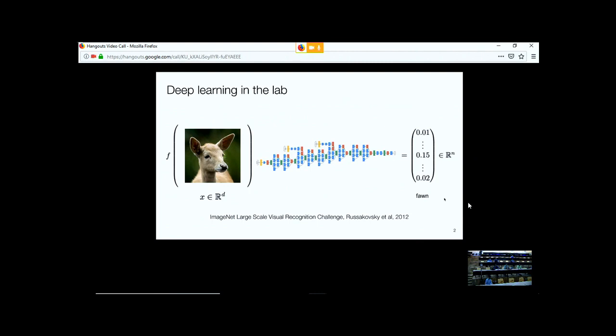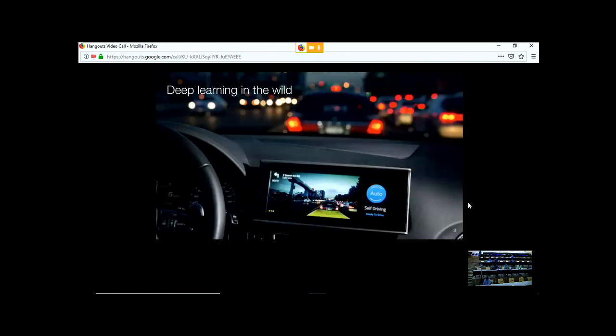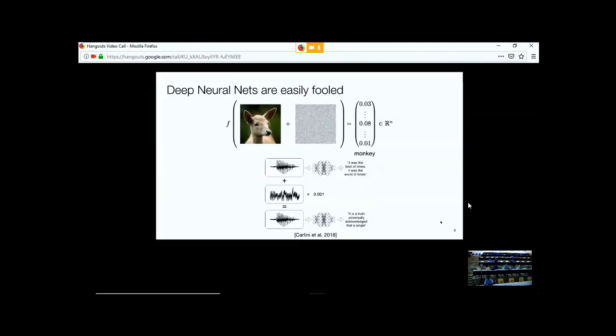Okay, so this was a very common, very simple application of deep learning. But obviously, in the real world, it's much more complicated, right? If we want to apply deep learning to self-driving cars, for instance, and we want to recognize objects in images, then things are not as nice and isolated as the fawn in the previous picture, but there will be a lot of noise and a lot of confounders in the image when we try to do image recognition tasks.